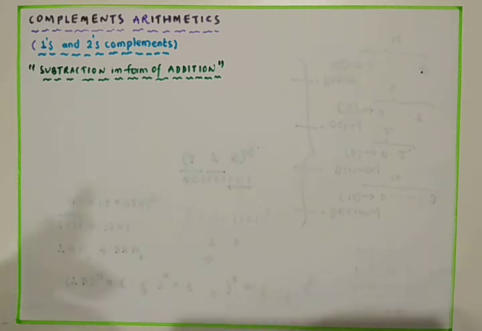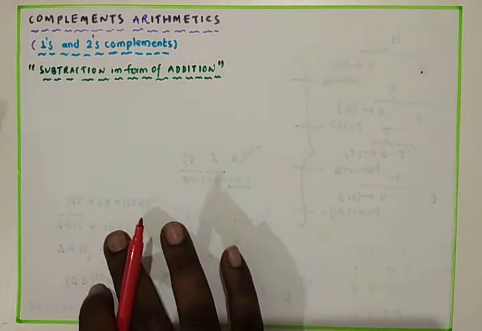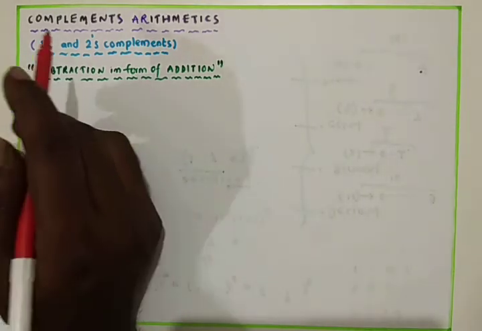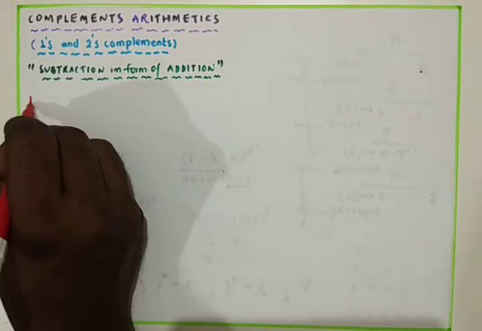Now in this class I am going to explain the procedure in which the computer can perform the subtraction in the form of addition using the ones and twos complement. Then I am going with one particular subtraction using the ones and twos complement. Example, I am going with example 1 now.